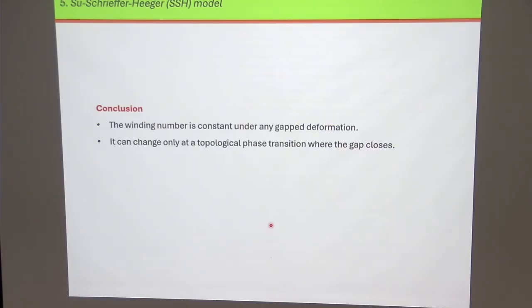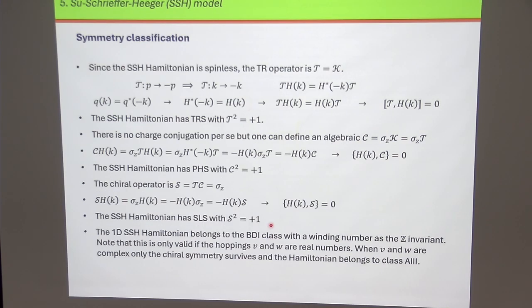If the gap closes, so it goes through Q equals 0, then you change the winding number. So the winding number can only change when you have this transition through Q equals 0 when the gap closes. And for this specific case, because it's relatively simple, so you can,